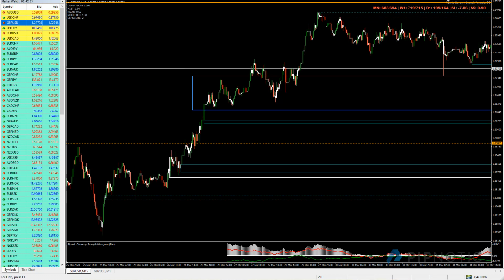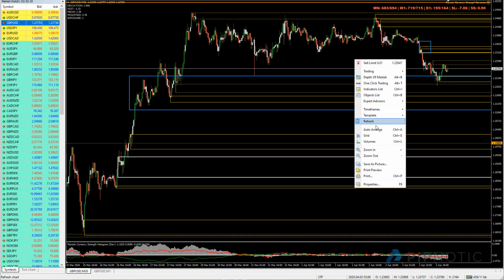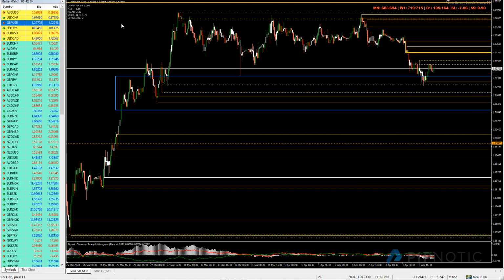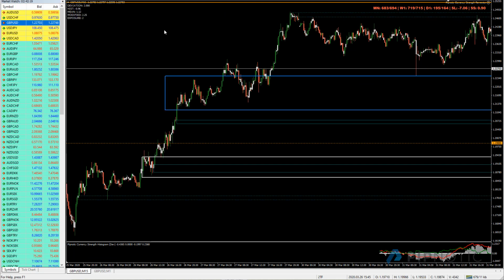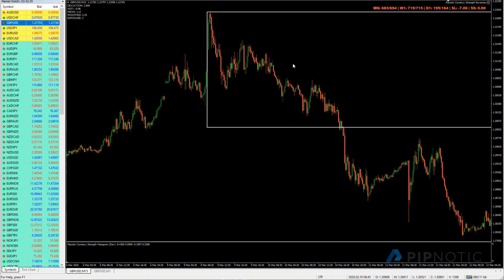Let's see, these rectangles need updating. There we are. We have a small area of supply here, which is very well formed. So I'm going to put that in there. Let's see if we can get a look on the smaller time frame here at our supplies. Yeah, here we have